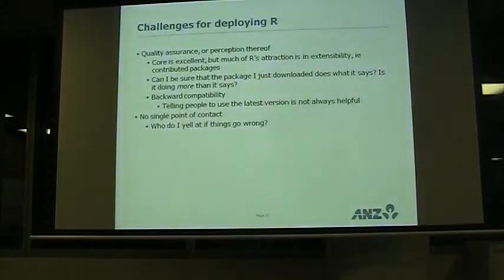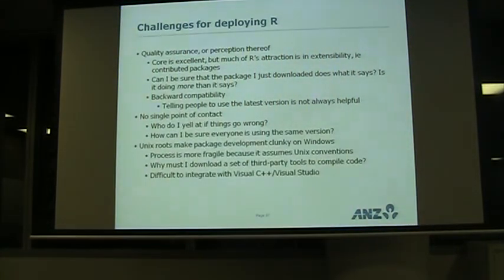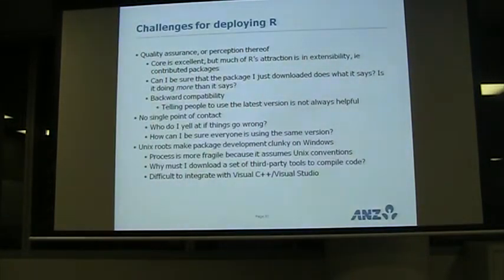So how have you addressed these challenges of getting R used? In a sense, I've gone around it rather than addressing it. I guess ANZ people are fairly reasonable, and I think if you show that this is actually improving a lot, they are willing not so much to overlook the fact that these are problems, but just to live with it. And I think they accept that R is pretty much mainstream these days, and there are a lot of people using it, and it's pretty stable. It's not going to crash the network or anything like that.